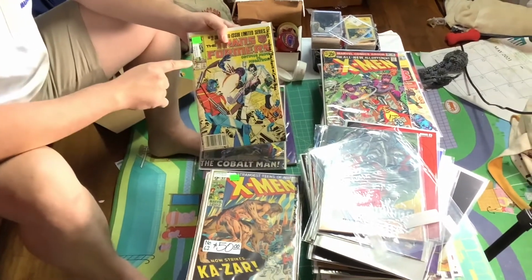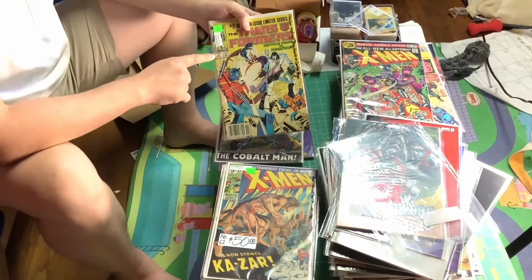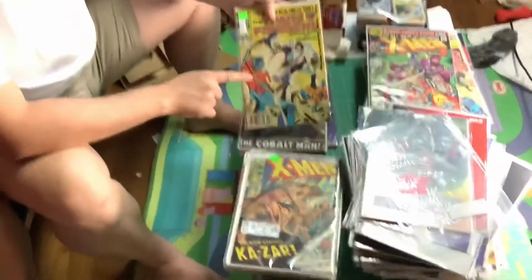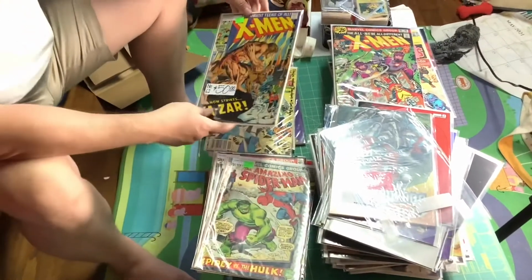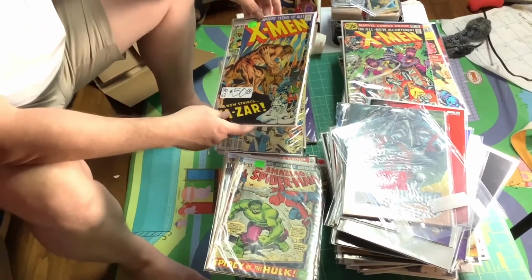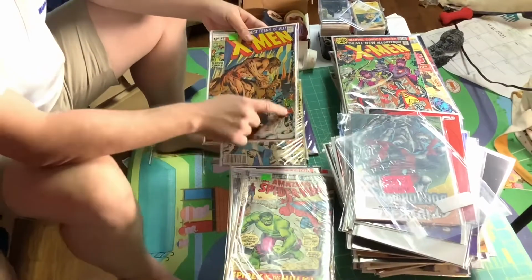Right here, early Transformers issue 2. Not in great shape, but I'm sure this is the first appearance of some other Transformers that didn't make it in the first issue. Bada bing, bada bam. Right, this is like right before the reprints, and it's when Neal Adams is in there